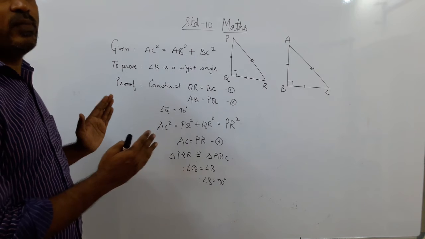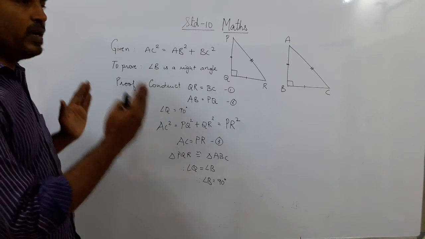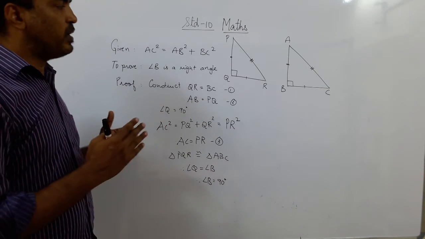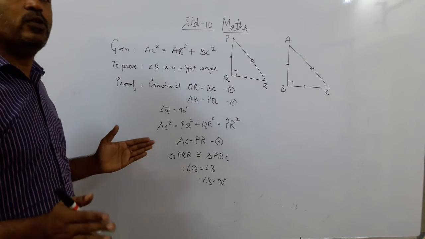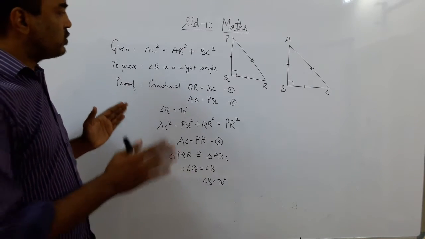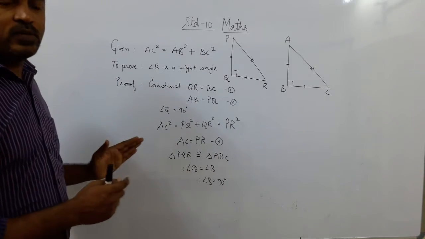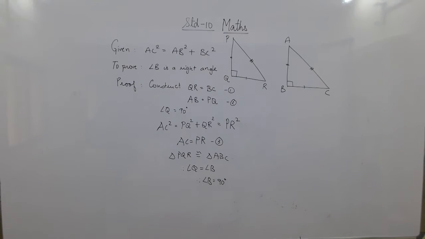Since we are done with similarity, the next topic is very, very important. Once you begin it, you will see it continues, and that is trigonometry. Trigonometry is such a vast topic and such a beautiful topic. It is like the language of the universe. Okay? So we'll do it the next time. But just now, we are done with the theorems. Now let us see a few examples so you will get a rough idea.